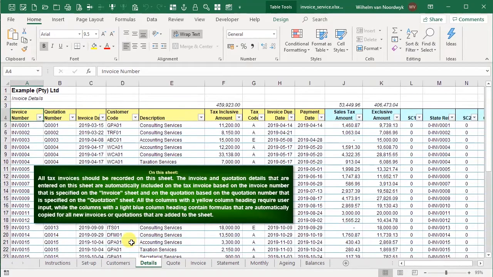The next sheet is the details sheet, so every invoice will basically be entered on the details sheet. You create your invoice numbers in column A, quote number in column B. Invoice dates can be entered based on your regional date settings. Select a customer code. All the customer codes that have been created on the customer sheet will be available there. Enter a description for your invoice, the tax inclusive amount. You select a tax code, so A, B, or E, for sales tax calculation. You can enter the invoice due date, and then